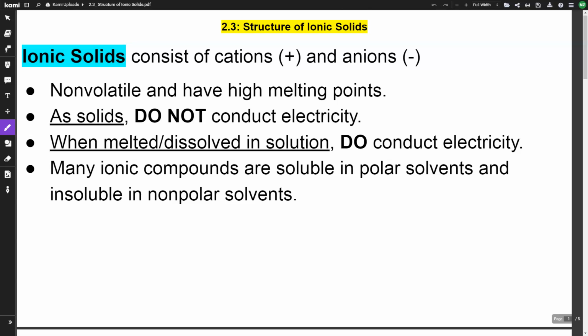In this video, we're going to go through ionic solids. Ionic solids consist of positive cations and negative anions, so a metal and a nonmetal. Ionic solids are non-volatile, meaning essentially non-reacting, and have high melting points. It takes a lot of energy to separate these because of such a strong attraction between the cations and the